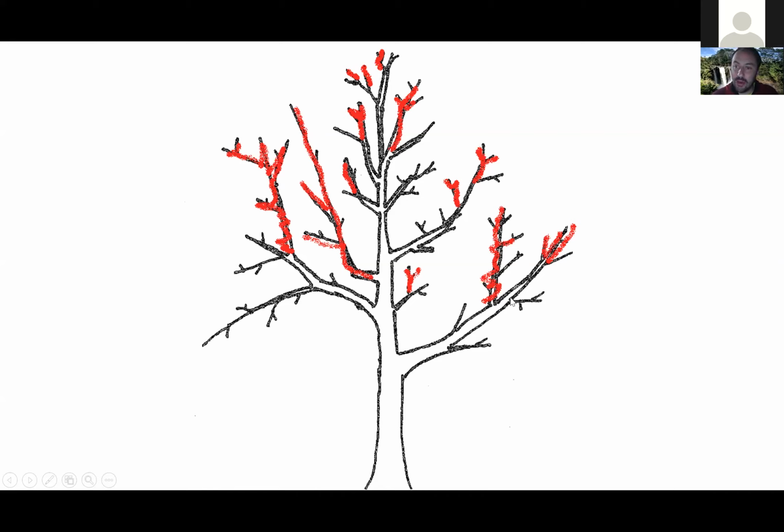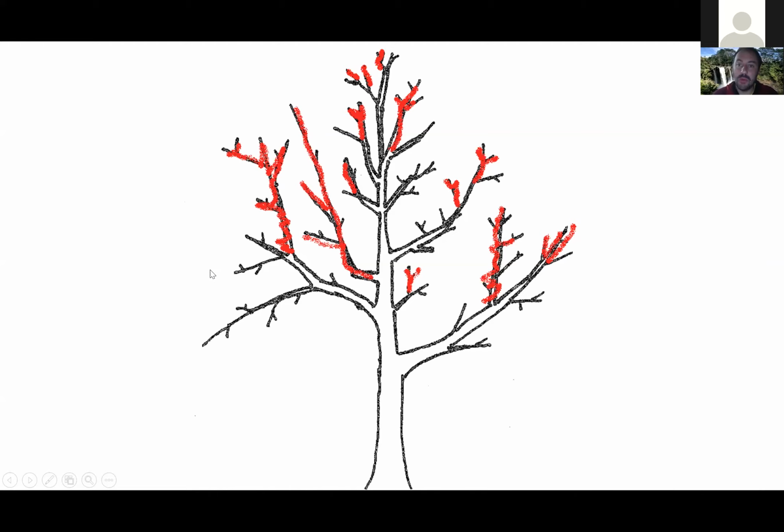I came back to here. Something I failed to mention earlier is that the reason I probably wouldn't want to come further down and make a cut here is that this lateral branch is maybe too small to make a proper reduction cut. The branch you come back to with reduction cuts has to be at least a third the size of the branch you remove. It has to be big enough. So I'd be a little nervous about coming down to here because the lateral branch is too small.